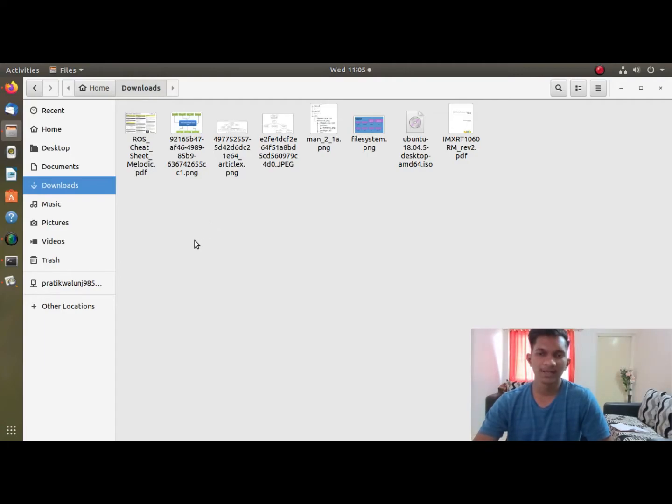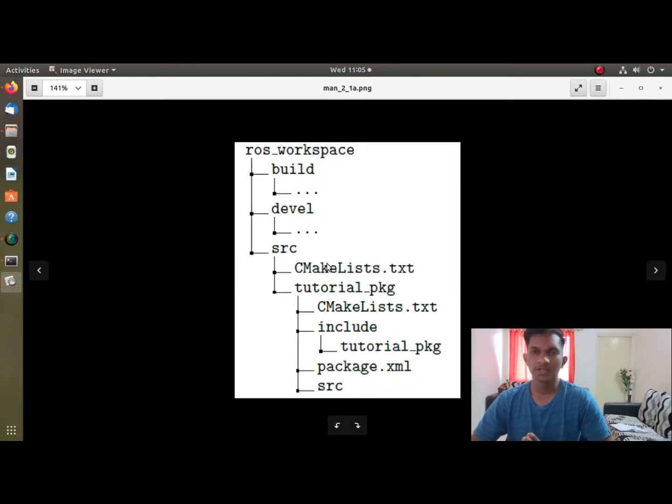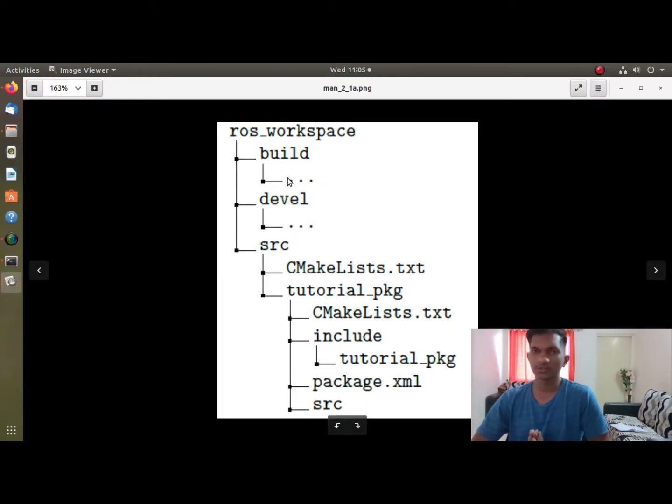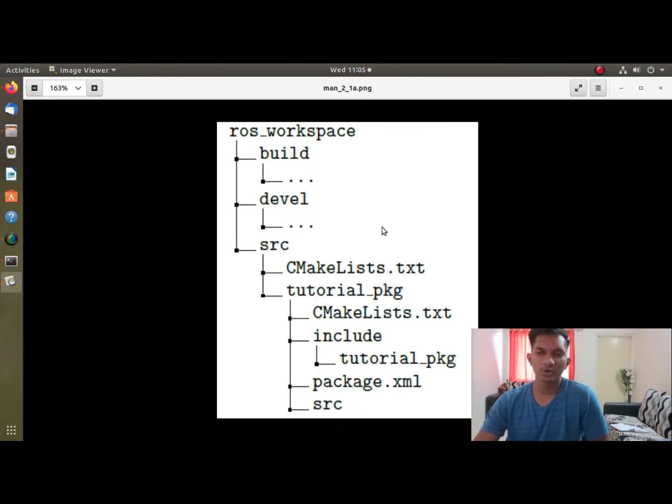A ROS workspace is the structure which is going to help you make your own packages, make your own scripts, and make the communication between all these things, and it will help you make a proper file system.